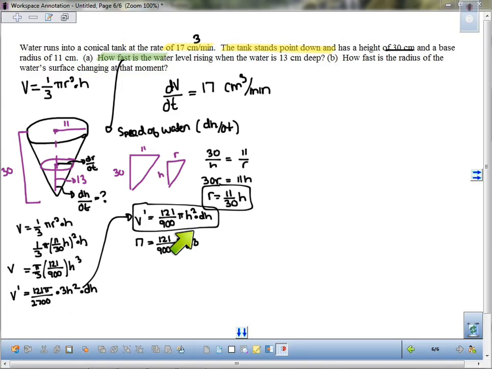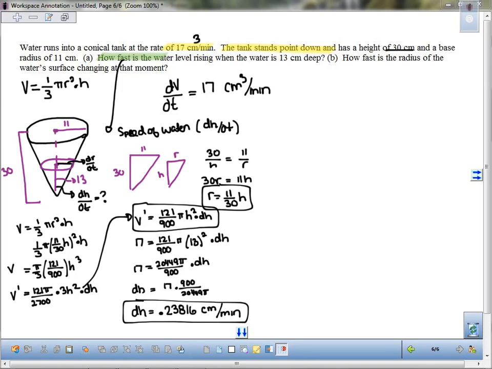So here's my dh/dt. I'm going to substitute that specific moment in time, which is 17 cubic centimeters per minute, and h is 13. Then I'm going to solve for dh/dt. Solving for dh/dt, I get 0.238